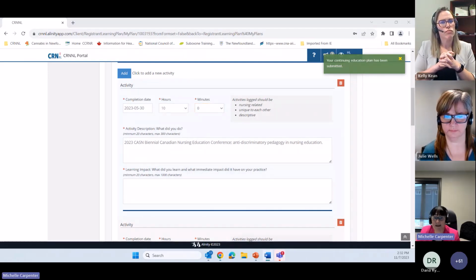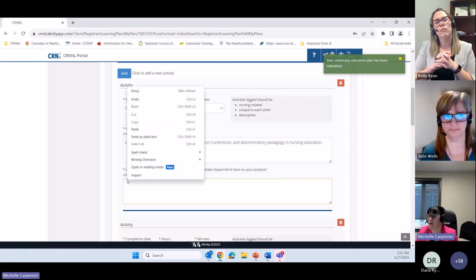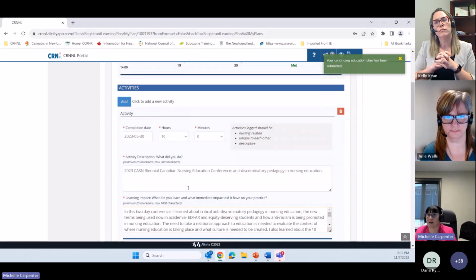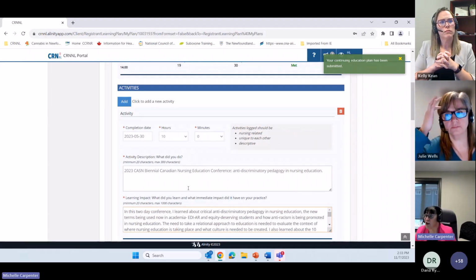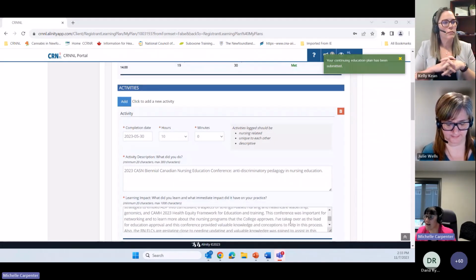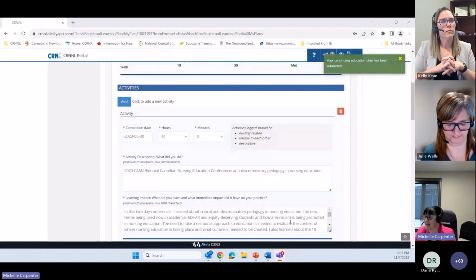And the impact statement was as follows. And again, when you are attending a conference or an event, maybe like an education day, you can group all of these things under that day. So in this 2-day conference, I learned about critical anti-discriminatory pedagogy in nursing education, the new terms being used now in academia and EDI-AR, and equity deserving students, and how anti-racism is being promoted in nursing education. The need to take a relational approach to education